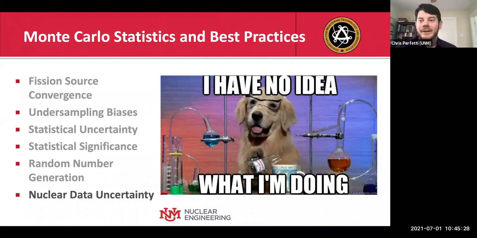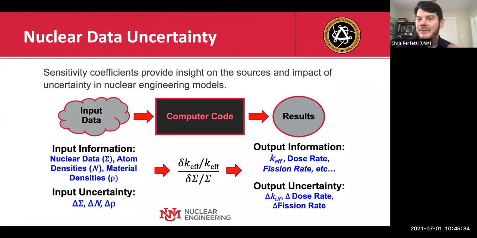Next point is nuclear data uncertainty. This is the hidden gotcha in Monte Carlo simulations. So why do we care about nuclear data uncertainty? Well, that's because